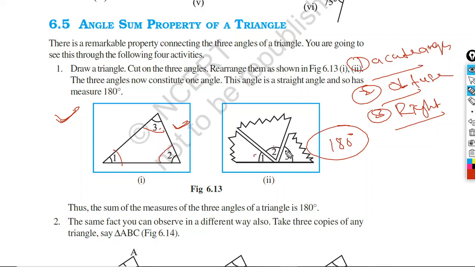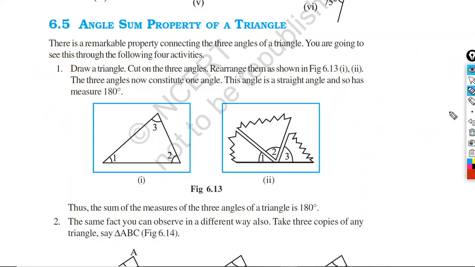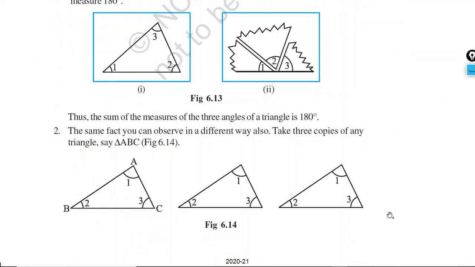And you will check that the sum of all three angles of all these three types of triangle will be equal to 180 degrees. So this is an activity for you. You please try this activity. It is better if you try this on colored paper. So try this and get a snap and post it in the group. Okay, now we will move further.